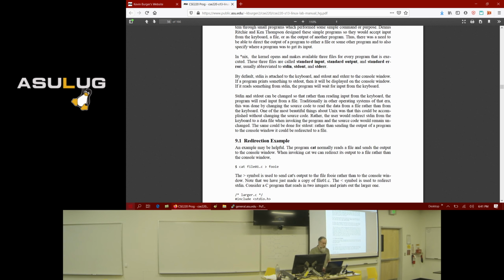So sometimes you have a program that sends its output to the console, but there are times you would like to send the output to a file instead. You don't necessarily want to modify the code to make it send the output to a file, because other times you may want it to send the output to the console window. So we need a mechanism so that we can do both. And you may not even have access to the code, so you might not even be able to modify it in the first place.